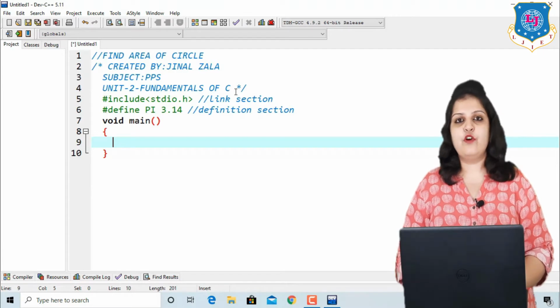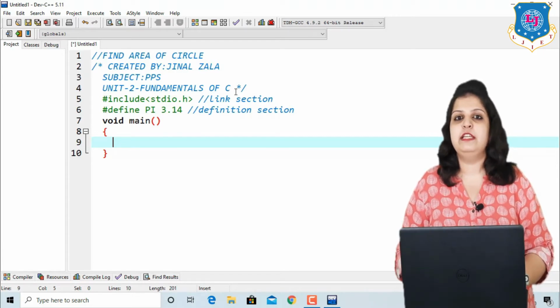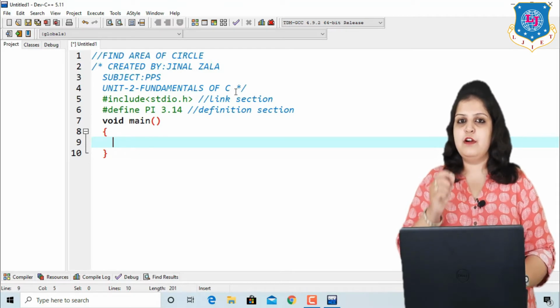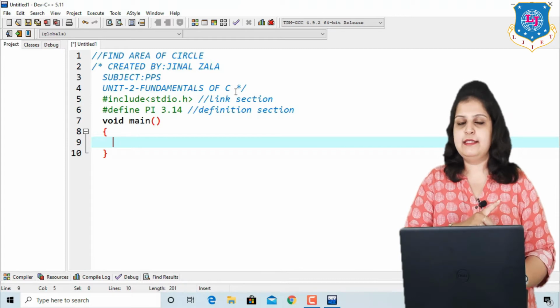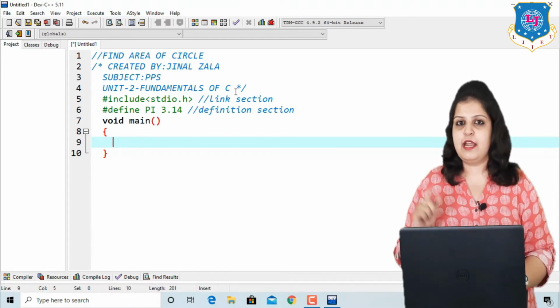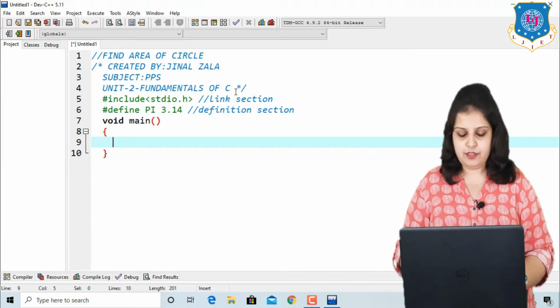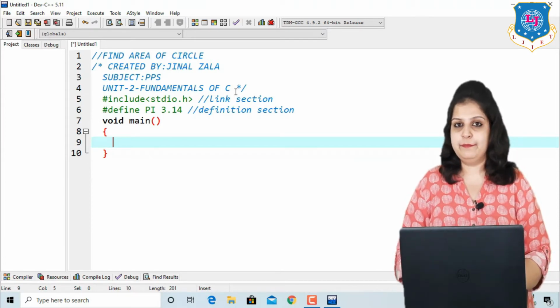First think what will be the input and how many variables we need here. So first of all, a is equal to pi r square. So first of all, a is required, pi we have already defined in the definition section, and r means radius. So declare these variables by their data type.